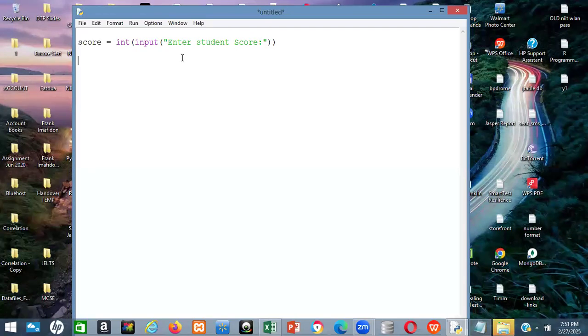We want to convert that to int straight away. Enter student score, convert it to int, and then you can now say if score is greater than or equals 45, you put a colon there,